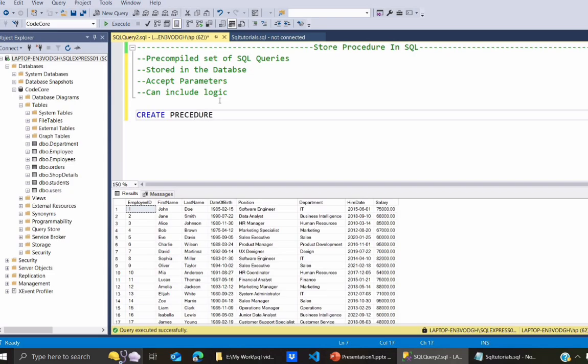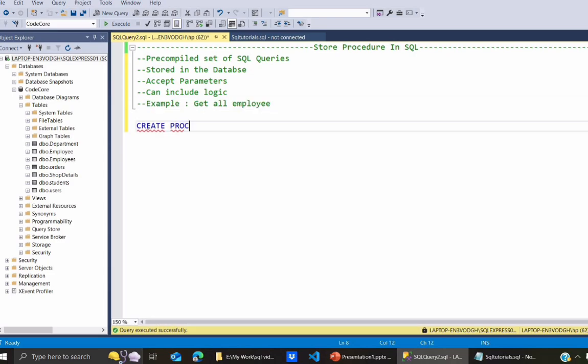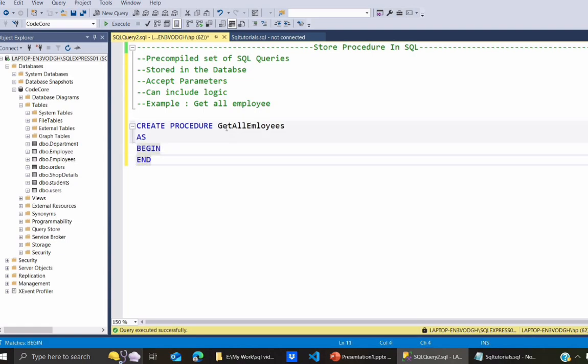To create a stored procedure, we write the create procedure command and we give a name to our procedure. So we can get all employees through our procedure, and then we give a name to our stored procedure. Here we will give GetAllEmployees, and then AS BEGIN END. In BEGIN and END we will write whatever we want to achieve from this stored procedure. From here I want to get all employees, so we'll select